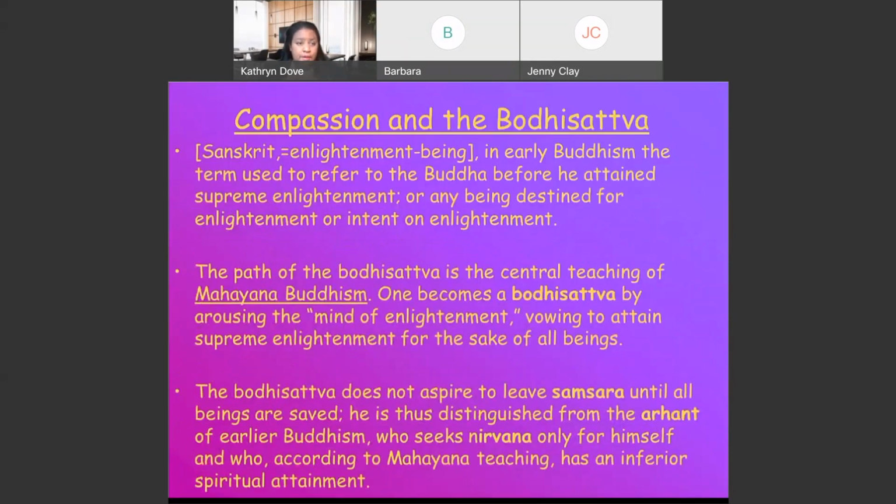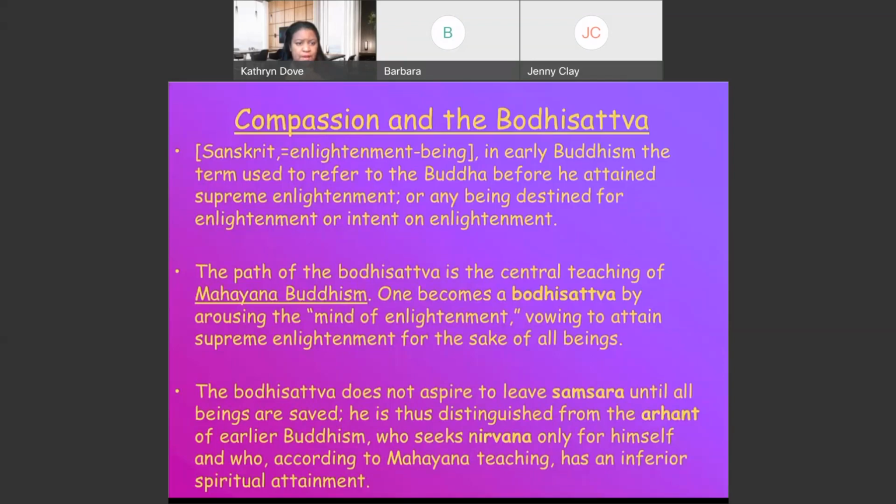So ultimately, a Sanskrit is an enlightened being. So if you hear somebody talk about Sanskrit in Buddhism, that's an enlightened being. In early Buddhism, it is used to refer to the Buddha before he attains the supreme enlightenment. He's a Sanskrit. A Sanskrit would also be any person who's destined on the path to enlightenment. The Bodhisattva